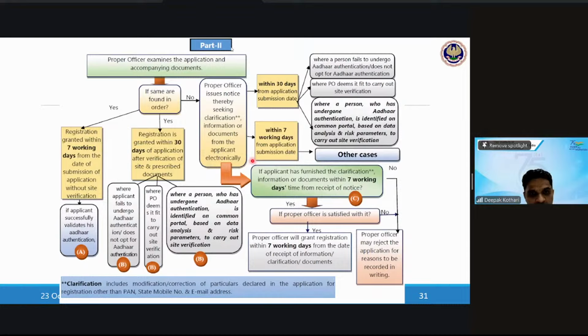So what should we do if officer did not reject registration? If he has not rejected, then it will be deemed registration. अगर उसने more than this timeline जो हमने दिया है, right? Within this timeline, if they don't grant registration, आपका registration automatic approve हो जाएगा.